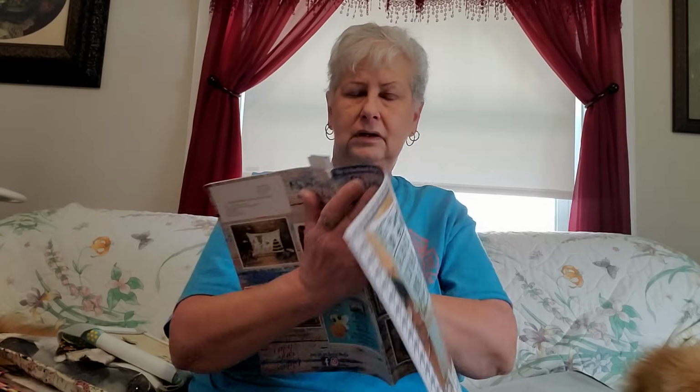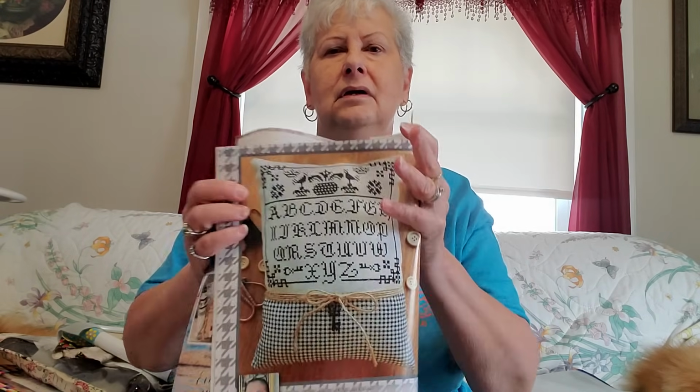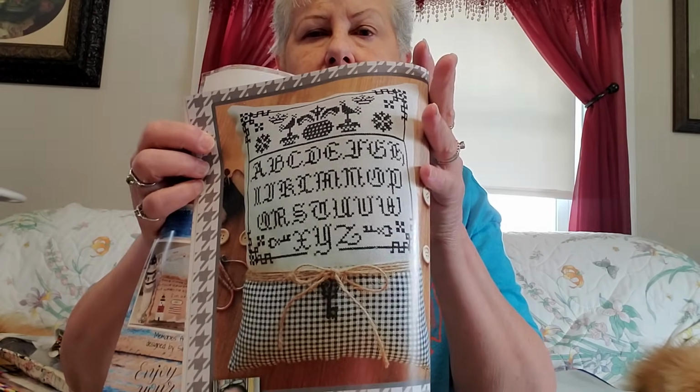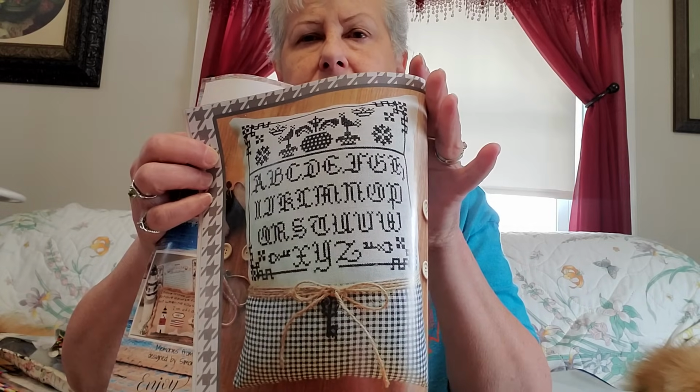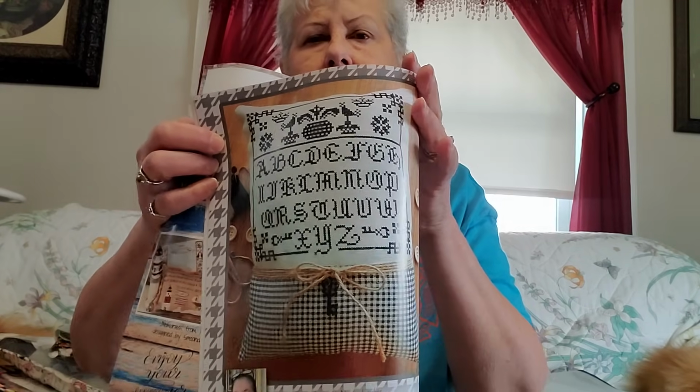So this was my second start. Yeah, on the patterns on the other page. So this is the second start. And I really like the way that looks. So I don't know whether I'll frame this or do it similar to this pillow. I like the way the pillow was done. So this piece is by Nerdan Camber, which is one of the sisters from Twin Peaks Primitive. So I have that started, and I'm doing it in DMC